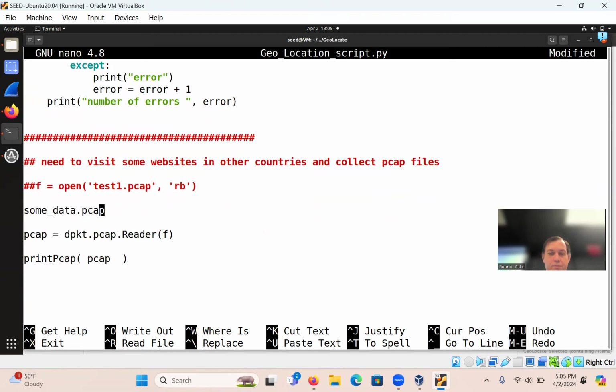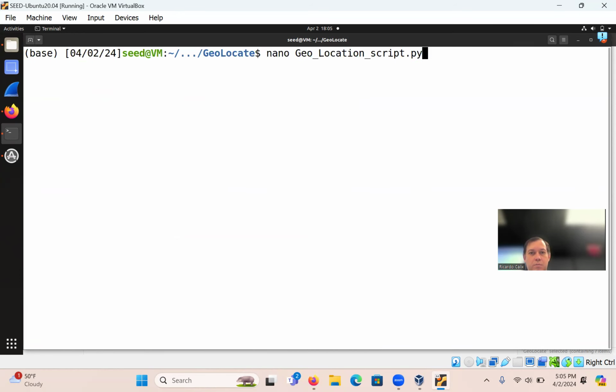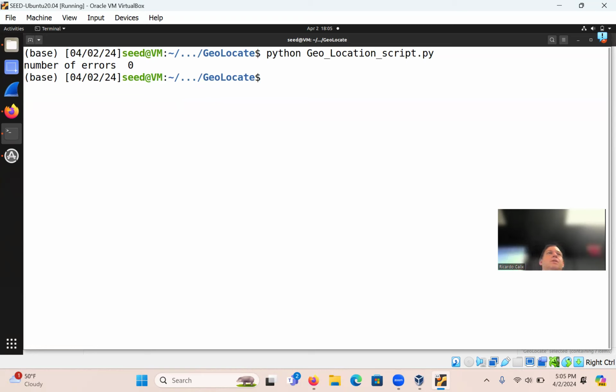Okay. Let's try this one. Open some data PCAP. All right, so I'm trying that now. Clear. I don't have anything in there either. So I must not have any